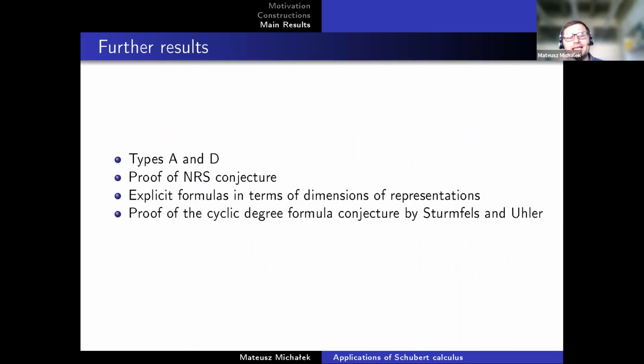Well, so you can say that our results are about symmetric, skew-symmetric, and general matrices, which would be type A, C, and D. We also proved a few other conjectures, like the Nie–Ranestad–Sturmfels conjecture about algebraic degree of semi-definite programming. There are also ways to upgrade these formulas from just numbers to saying that these numbers are sums of dimensions of certain representations of groups. But unfortunately, lifting this up to the representation theoretic setting seems to overcomplicate problems.